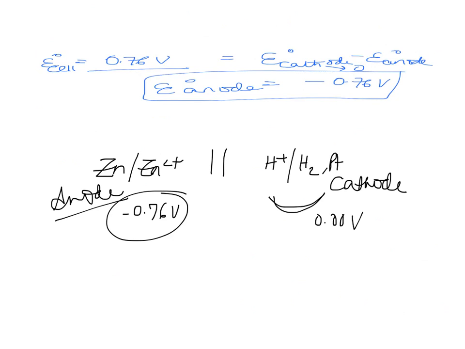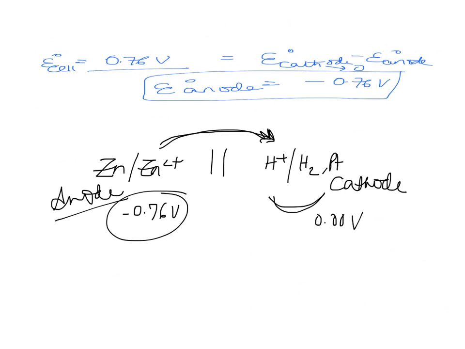It's the exact same story if you set up this particular cell. Electrons are going to spontaneously flow from anode to cathode, that means from zinc to hydrogen. And the reason for that is because the anode in this case is at a more negative charge, at a higher potential energy than the cathode, so it has a tendency to give up that electron, and zinc would rather spend its time as Zn2+ plus the two electrons, and those two electrons then flow over to the other side and combine with hydrogen to